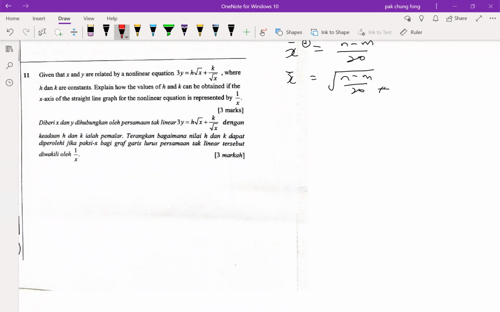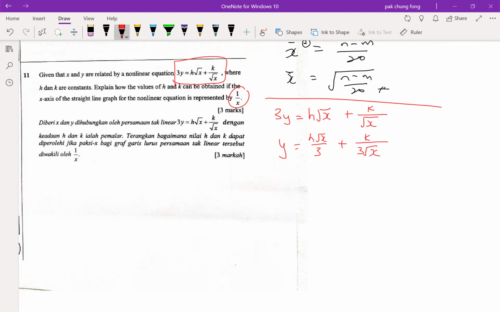OK，next 第11题，can explain how the value of。OK，它只给我 e over x。OK，so 我要想办法把这个东西变到有 e over x 出来。OK，so 我的3y 等于 h square root x 加 k over square root x。OK，我先把这个乘3搬过去，除3。So h square root x 除3。So 这东西除3就是变成乘1 over 3了。So this means 你的3是乘下面。